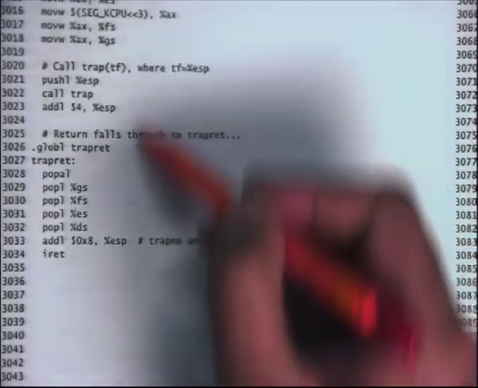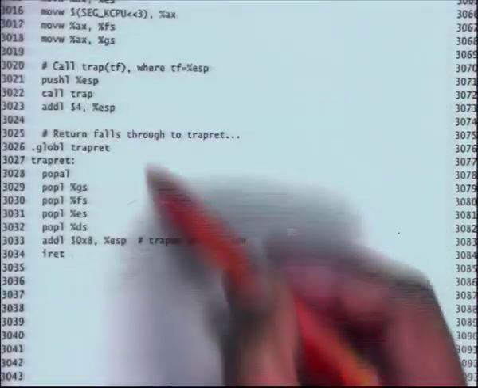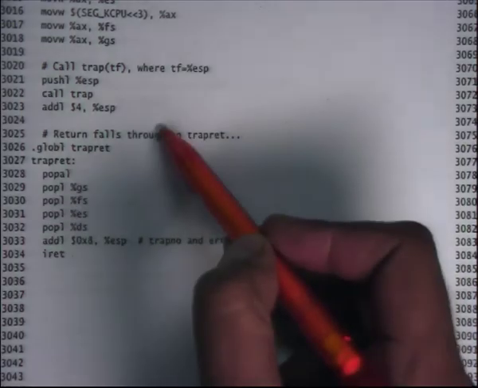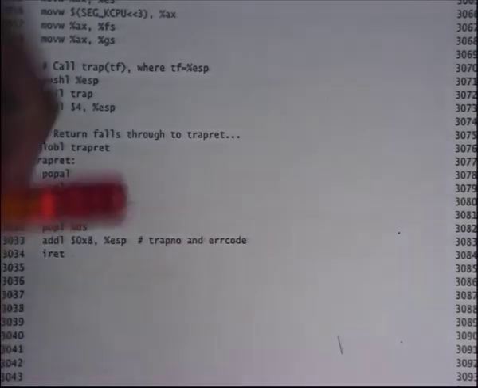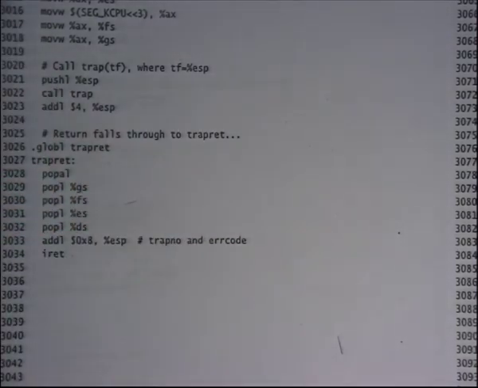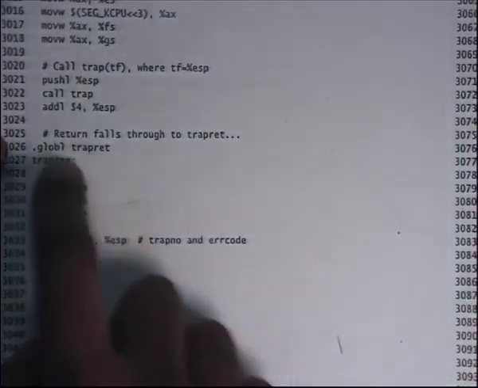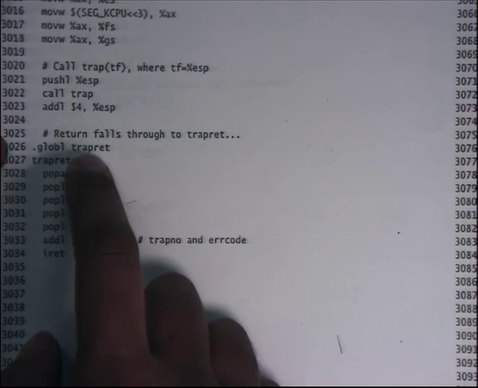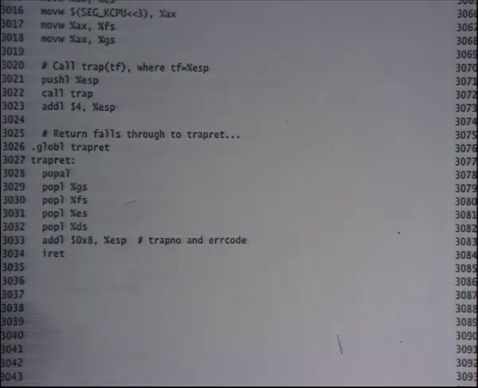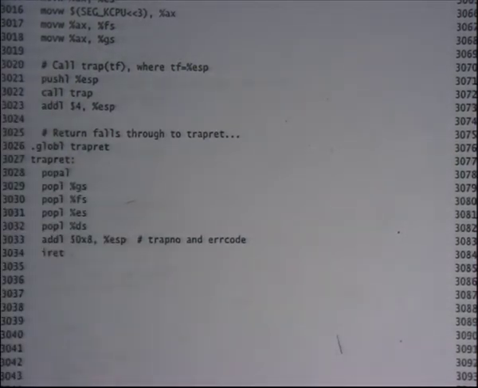So in this special case, or in this general case I should say, whenever a trap happens through the regular way, then trap ret, or whatever 3023, gets pushed as a return address automatically, and so everything works normally. But when I'm going to create a new process, the new process never called a trap, right? So I'm going to simulate as though it did, so I'm going to push trap ret manually. In general, the trap ret gets automatically pushed because you made a call, so the next instruction's address gets pushed on the stack.